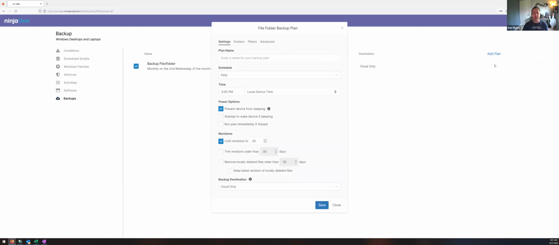Again, file folder is what I am recommending here, and I recommend that we use cloud only as that option. I don't think we should be using local only at all for this situation, and I think hybrid could fit depending on your business needs. Again, think about that RPO. Do you want to schedule this to run every hour instead of once a day? We have that capability here, making sure you're selecting the run plan immediately if missed. This is a great option to make sure that